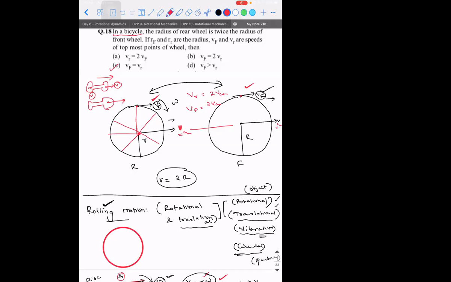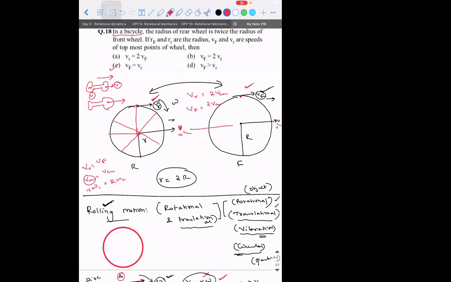Omega F equals 2 times omega. How did you get that? VR is equal to VF, correct? So 2 times VCM is equal to 2 times VCM. What is the velocity of the center of mass of the rear wheel? It is small r into omega 1. Similarly, what will be the velocity of the center of mass of the bigger wheel? It will be capital R into